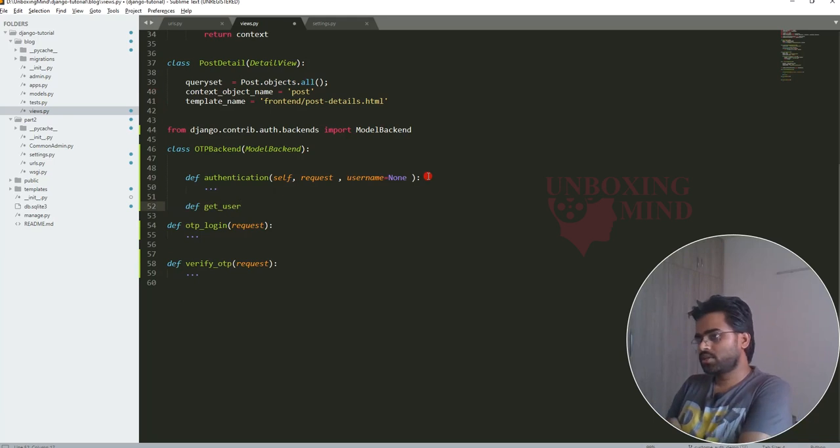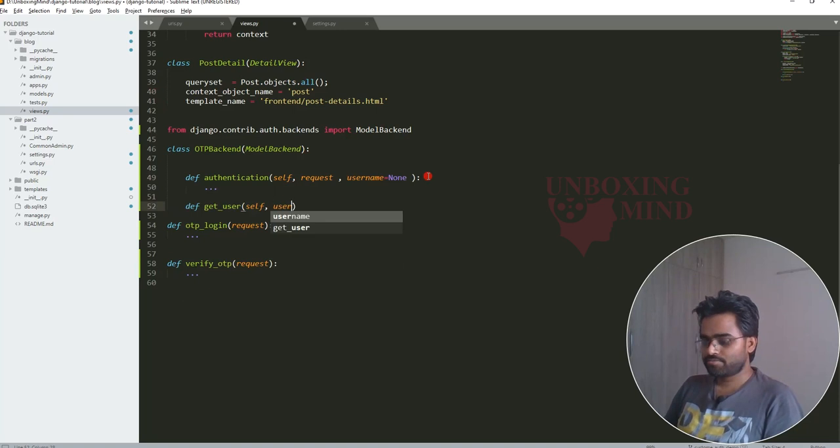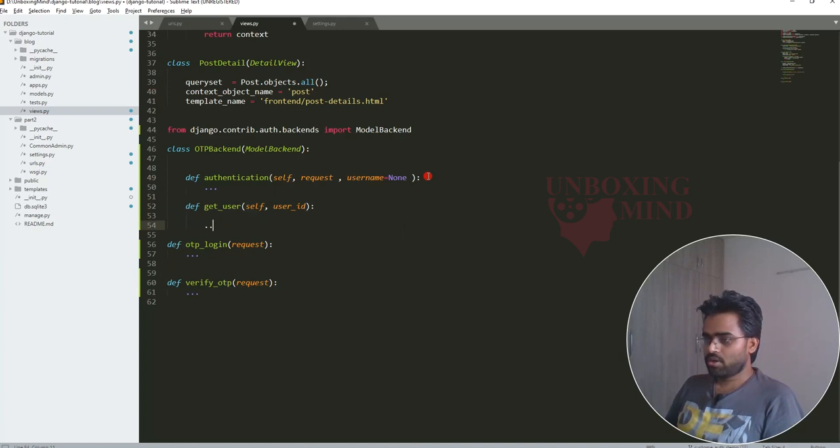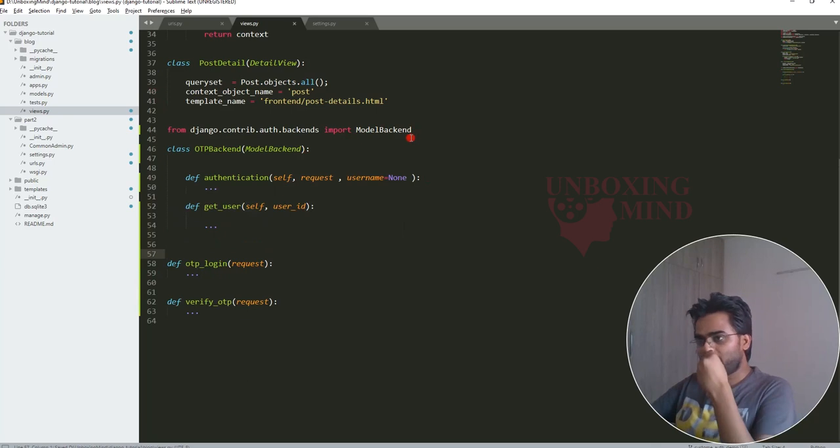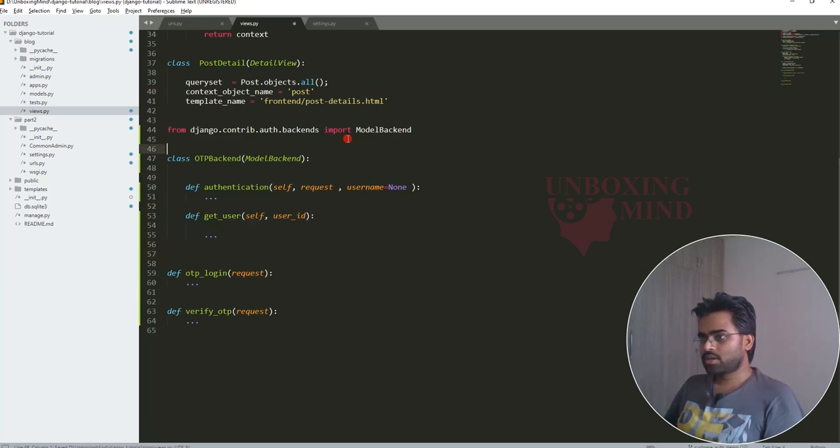We will write some code here, and then there is one more function called get user. Whenever authentication happens, the user will be returned by this method. By default there is one parameter self, and the other is the user ID, not request. So with the user ID, here we will get the data from the database and respond to the requester.